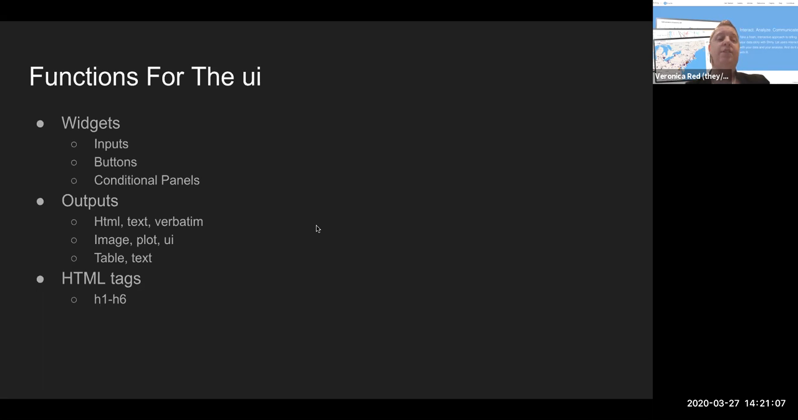Each of our functions for our UI allow us to output a bunch of different things to the user, what gets displayed. So we have an HTML output, a text output, a verbatim output, an image output, a plot output, a UI output, a table output, and a text output. Oh, sorry, I put text in there twice. But any of these